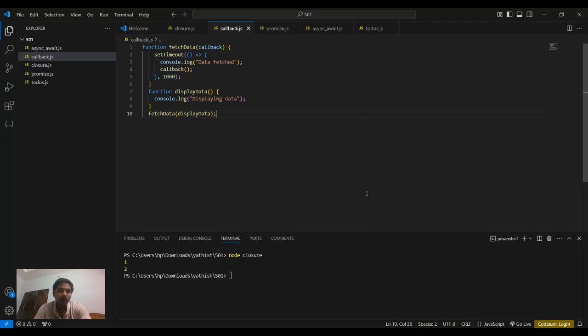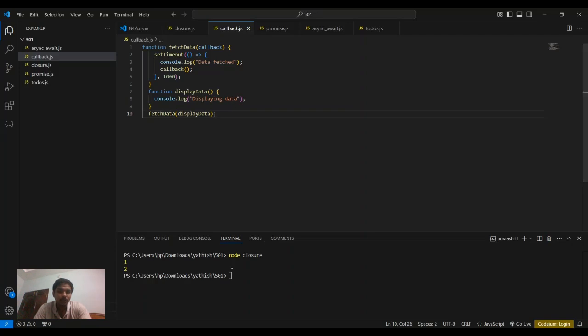I have created another function, display data, that just prints a message, displaying data. When we call fetch data with display data,